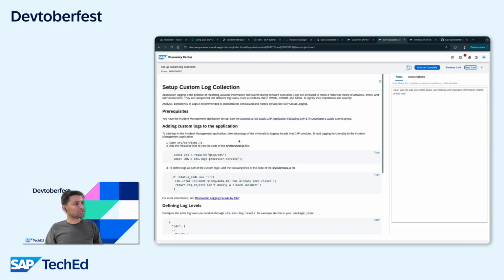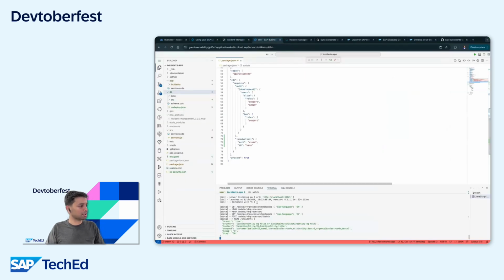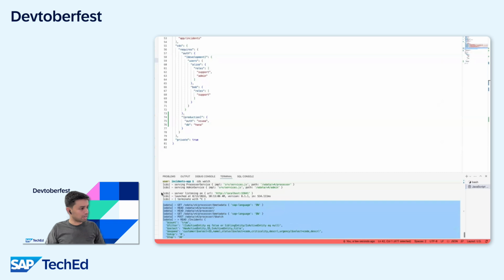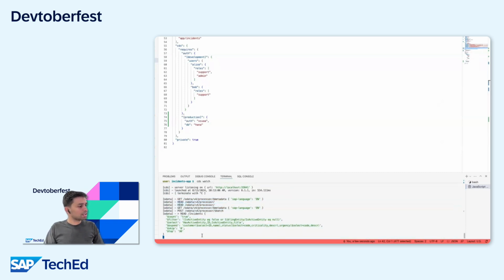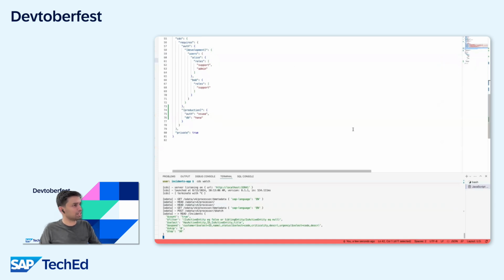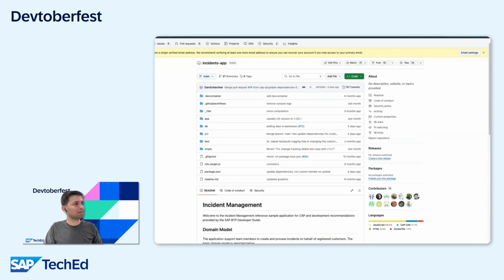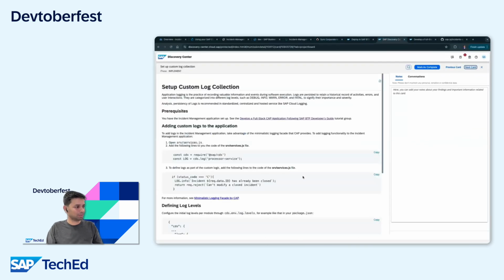And here, by default, CAP offers a set of logs to you when you are running the application. So if you see in the logs, I launched the application, and then there are some set of logs coming where I can see some logs are generated by CDS, some are coming from the OData. And now, if there is a failure or let's say some incident creation happening, those logs are also going to come by default. But as a developer, you will want to have some custom logs to be added in the